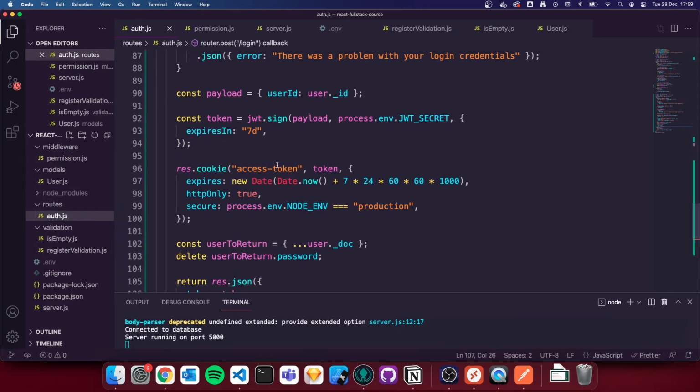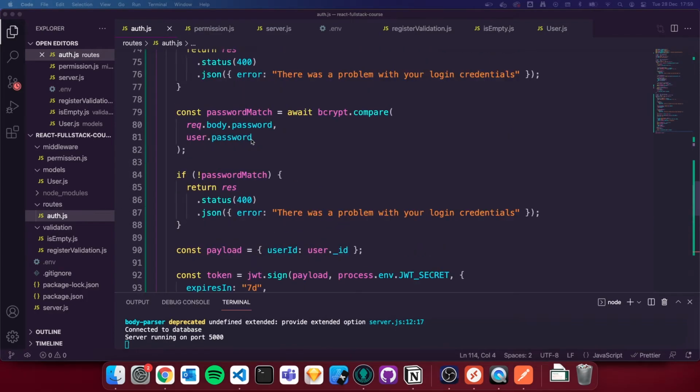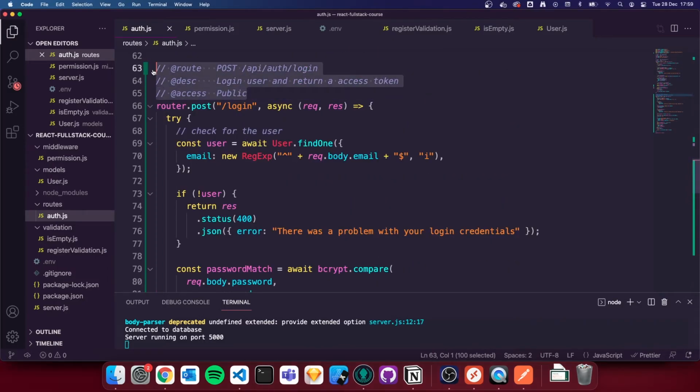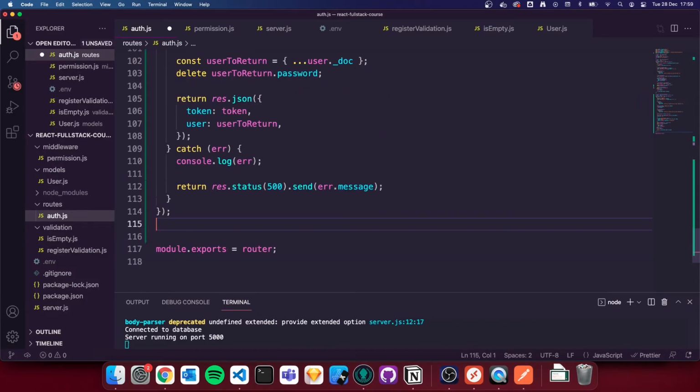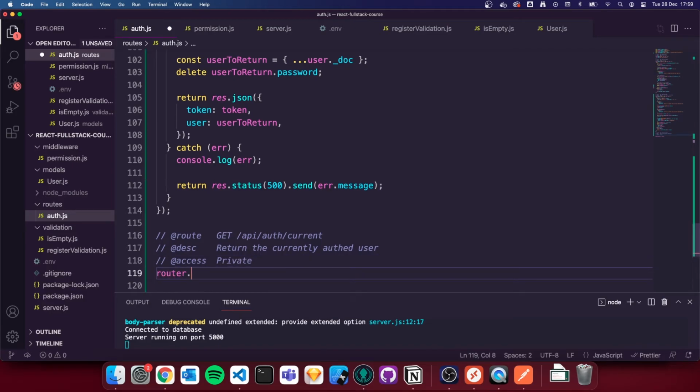So we're going to go to the routes. We're going to go to auth.js again. So we've gone back to auth.js. We're now going to make our first private route. So we're going to copy and paste our route descriptions up here. We're going to paste a route description down there. So we are going to make a GET request to API/current. And with this route, what we're going to do is return the currently authed user. And this is no longer public, this is private. And then we're going to do route.get